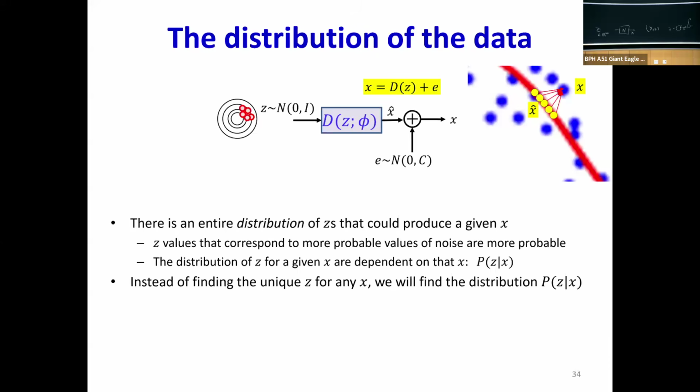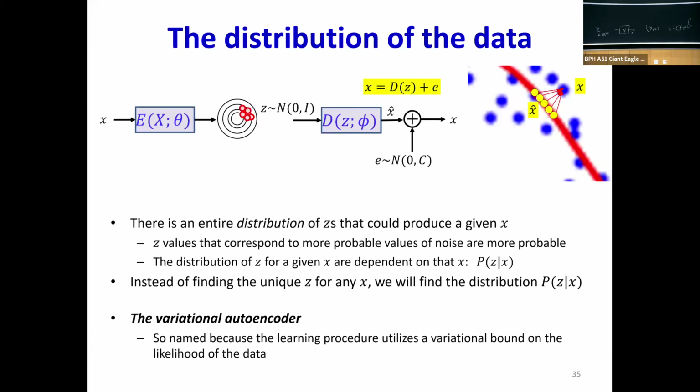And so the encoder's job is not going to be that of finding a specific Z for any X. It's going to be characterizing the entire distribution of Zs for that X. And the way you're going to train the model, in principle, is this. This is your decoder. If you knew the Z for every X, then you could put the Z through the decoder. You have the X. You minimize the error. This is your standard regression, right?